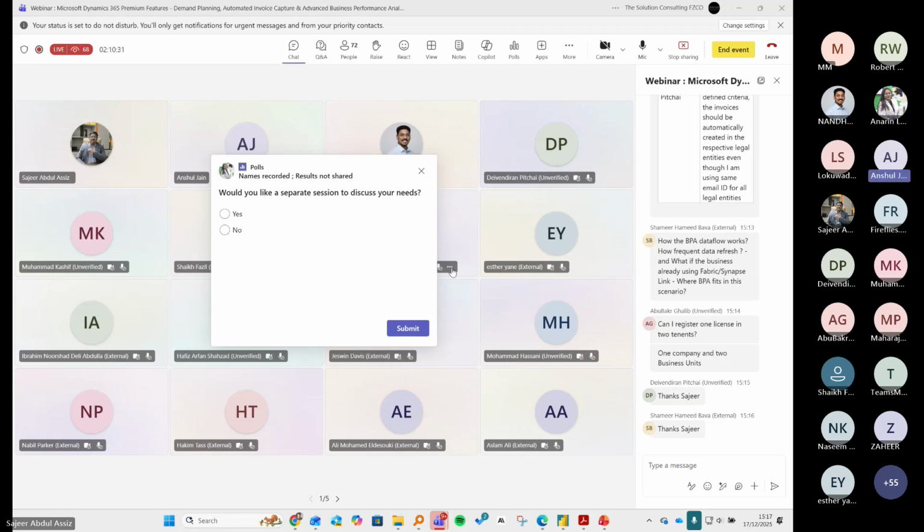If anyone has any other question, they can raise their hand or just write in the chat box. If you raise your hand, we'll unmute your mic and you can ask directly. This particular area requires a lot of one-to-one consulting, because when you see it, it can look simple, but when we delve into it, the complexity begins. But in terms of capacity, you are getting two products, which is very good, especially one product, demand planning, which is really useful in terms of